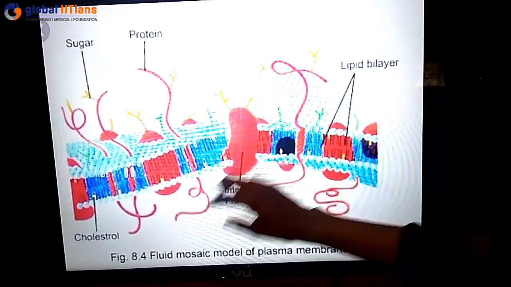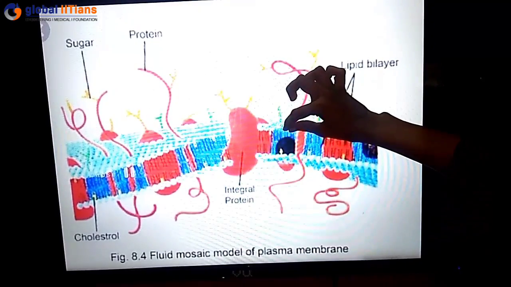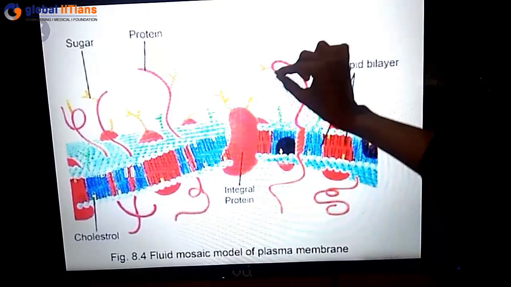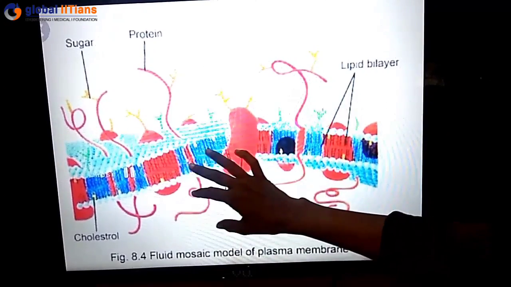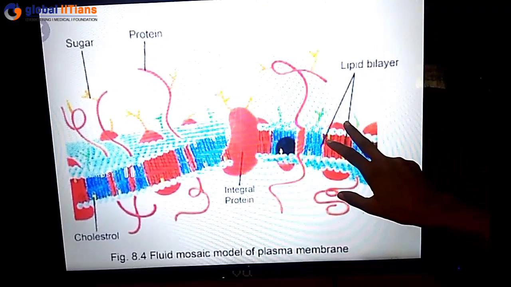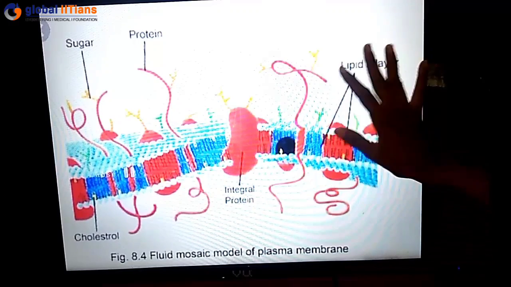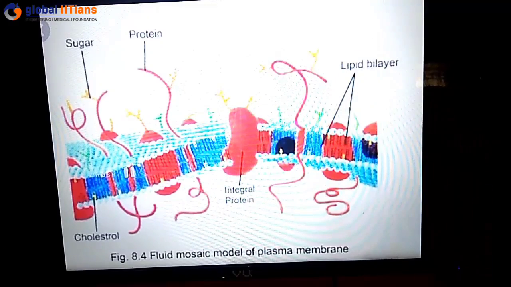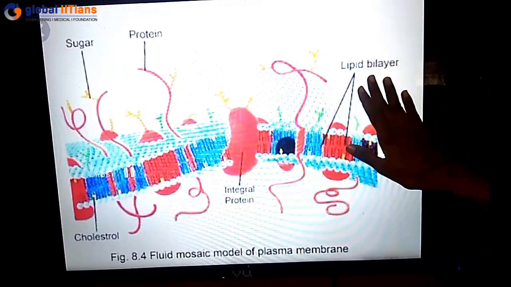without the intermittent cholesterol molecules, what will happen in extreme cold conditions? These phosphate molecules will get arranged so compactly that there won't be any space for the tiny molecules which are required by the cell to come in. So at regular intervals, at proper distances, cholesterol molecules are also present in this lipid bilayer. Apart from that, you can say that the cell membrane can basically be divided into two major components: it is composed of phospholipids, cholesterol, and even proteins. To some extent certain carbohydrates, and then the most important component is the